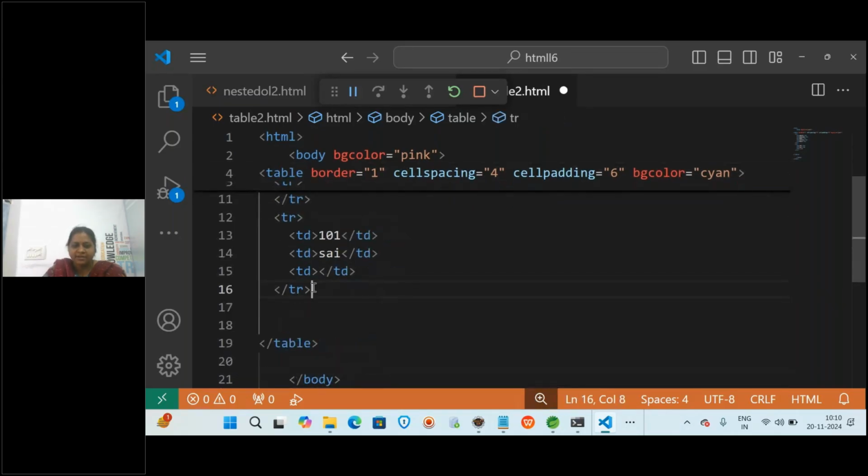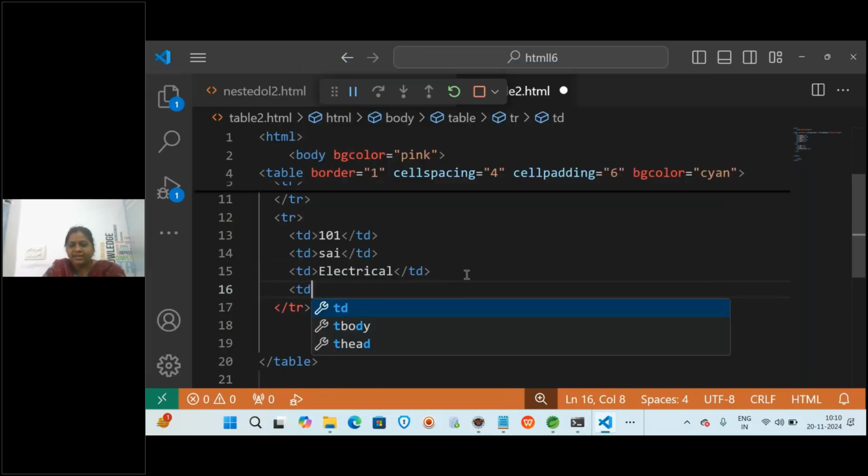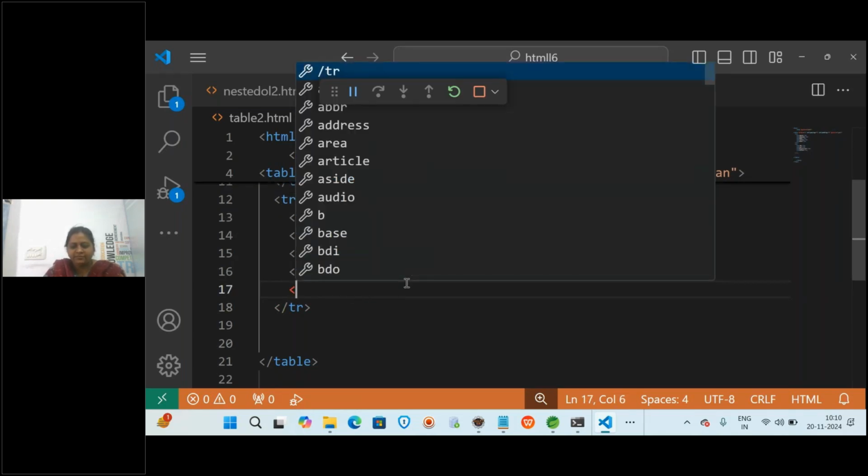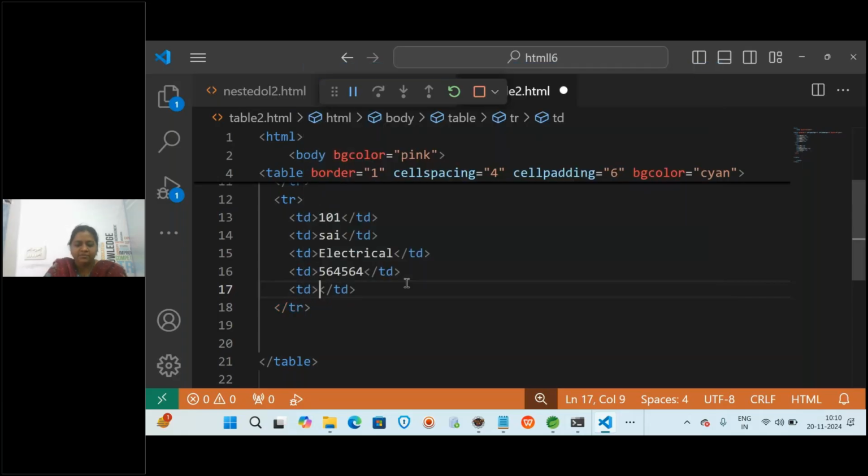So department, I'm going to write electrical department, and then td. After electrical, some salary you can give. And then the last one is mobile number. So mobile number, save this.